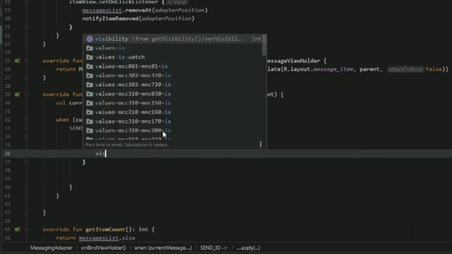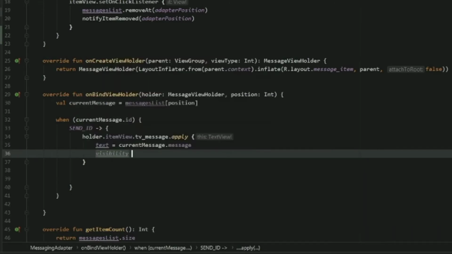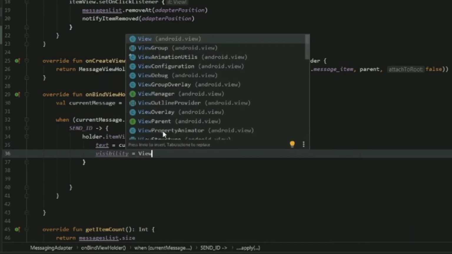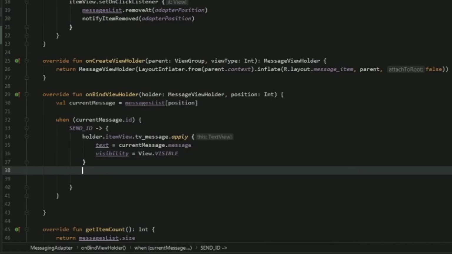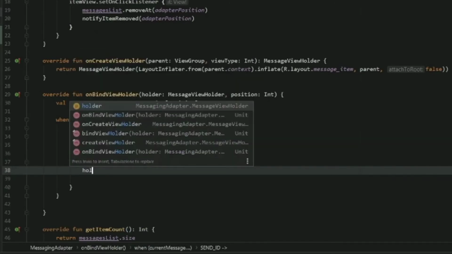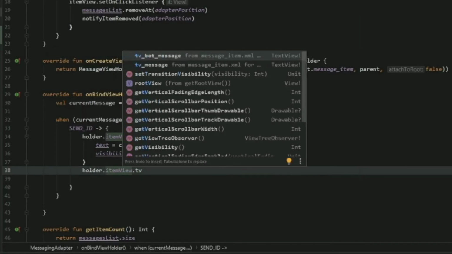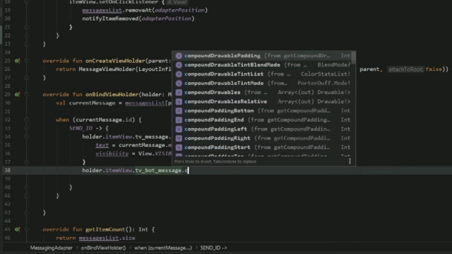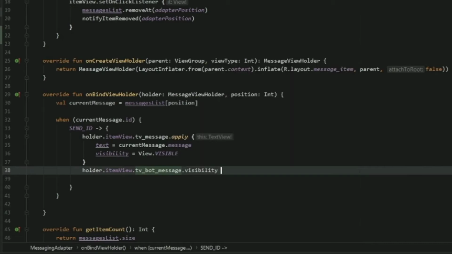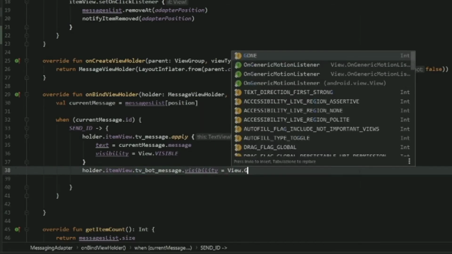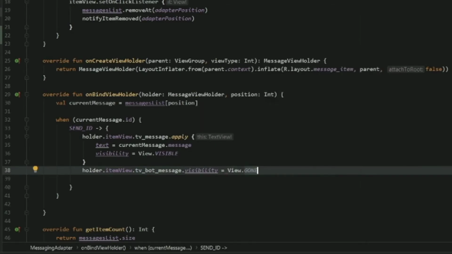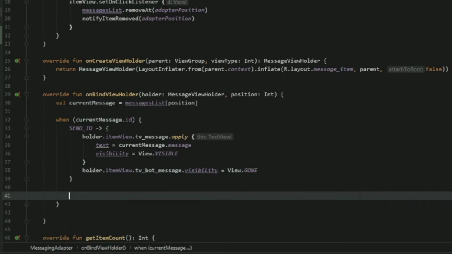And then we want to make sure that this view is visible, so we can just type in visibility equals view.visible. And right below our TV_message, we want to call holder.itemView.tv_bot message, and we want to change this visibility to gone. So we're going to type in view.gone, and that will just make sure that our message box will be the only one visible if we send a message for that current line. So the logic is not really that complicated, and we're going to do the same exact thing for the receive